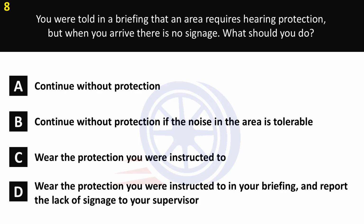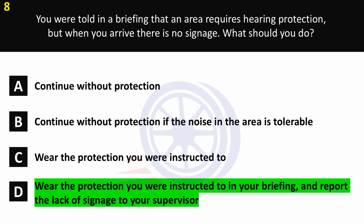You were told in a briefing that an area requires hearing protection, but when you arrive there is no signage. What should you do? A. Continue without protection. B. Continue without protection if the noise in the area is tolerable. C. Wear the protection you were instructed to. D. Wear the protection you were instructed to in your briefing, and report the lack of signage to your supervisor. Correct answer, D. Wear the protection you were instructed to in your briefing and report the lack of signage to